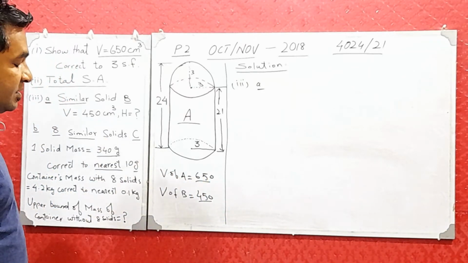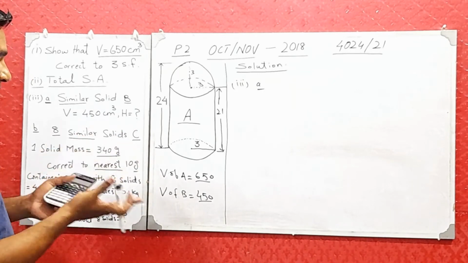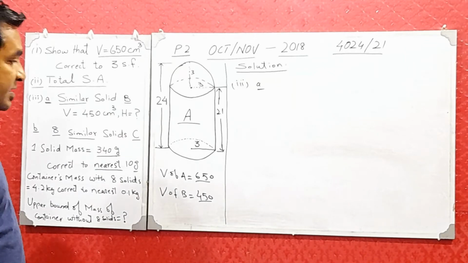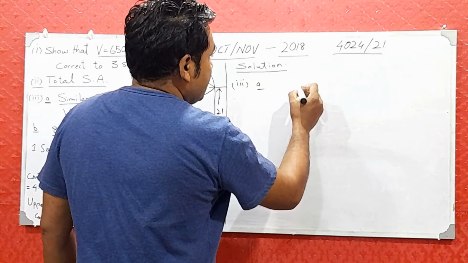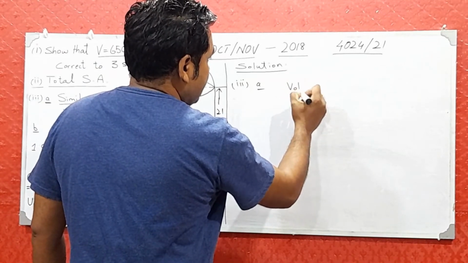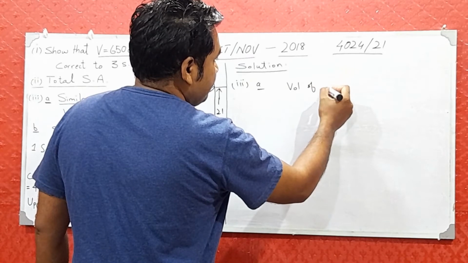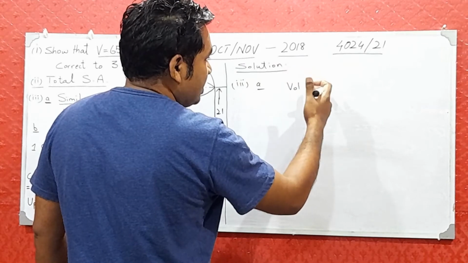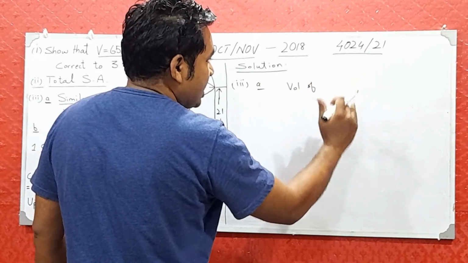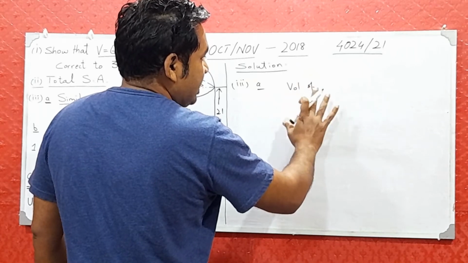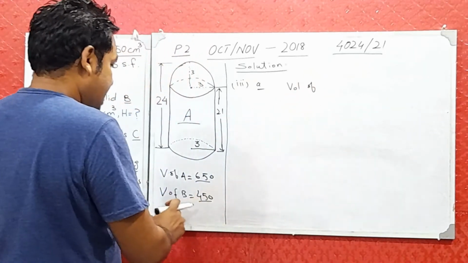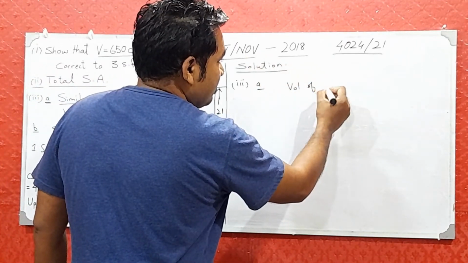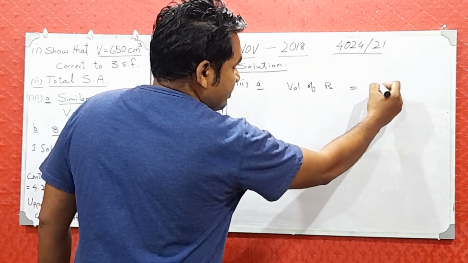Now if you have studied the chapter on volume and surface area of similar shapes, then you know the formula for volume. There are two given solids, so volume of 1 over volume of 2 is equal to height of 1 over height of 2. Here we have the solids A and B, and because we have to find the height of B, we will keep B as the numerator. So volume of B over volume of A is equal to height of B